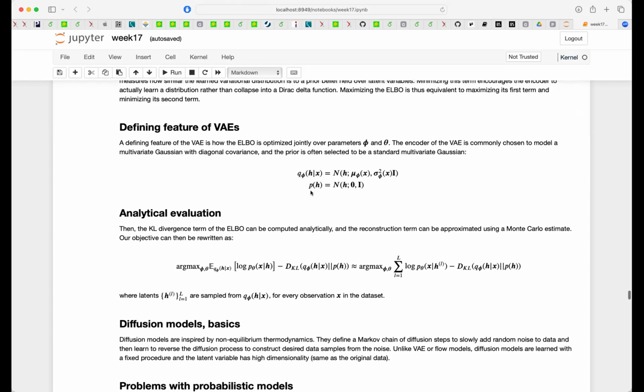And the prior which you have for the latent space is also given by a normal distribution. And these are the parameters which you then want to vary. So you don't vary the distribution, but you vary the mean value and the variances. In principle, there should be a covariance here, but you made the covariance diagonal to simplify the calculations. This is a standard setup for a variational autoencoder.